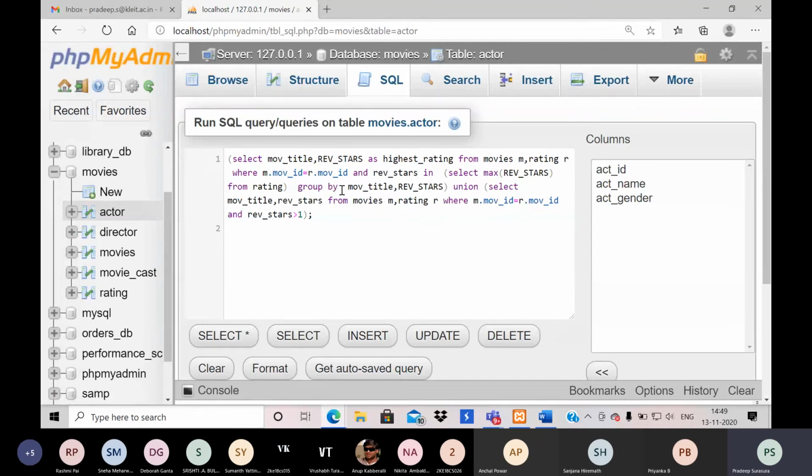See what we are doing in this query. We are trying to display based on stars. So maximum stars I take here for one movie. I will do max union with more than 1. Then I will compare and display with this.